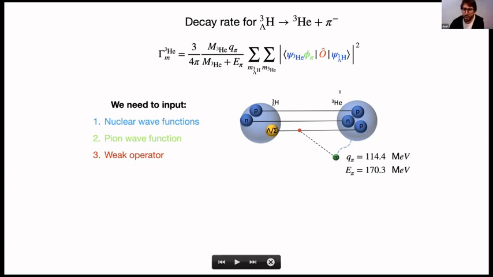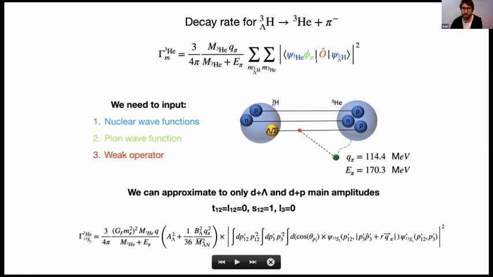And then, the emitted pion has a momentum of 114 MeV, corresponding to that energy, to give you a sense of the scale. And then, of course, there's also some work in developing these formulas and implementing them. These wave functions will have many amplitudes. I don't want to bore you with these expansions, but just to mention that we can always pick this main amplitude from the hypertriton. About 96% of the normalization of the probability of this hypertriton is this deuteron plus lambda in S wave